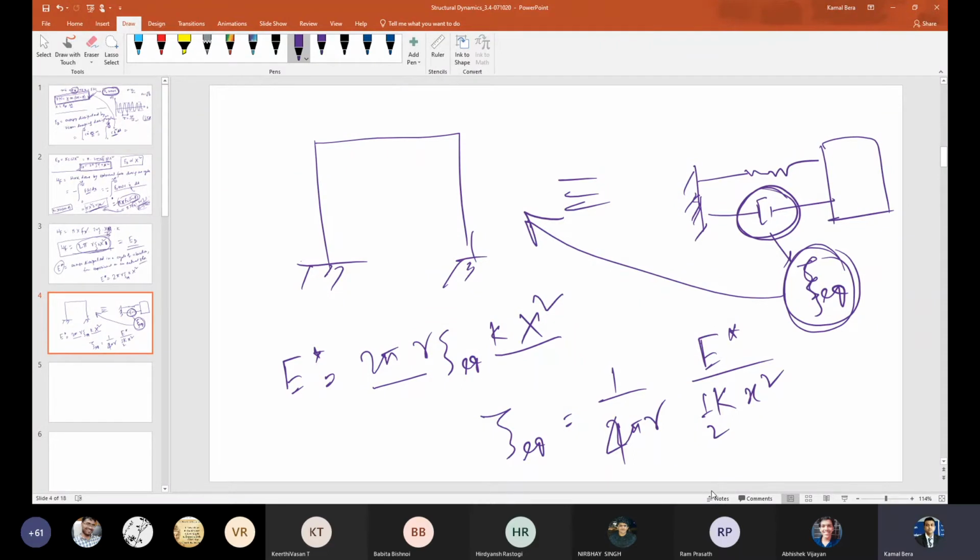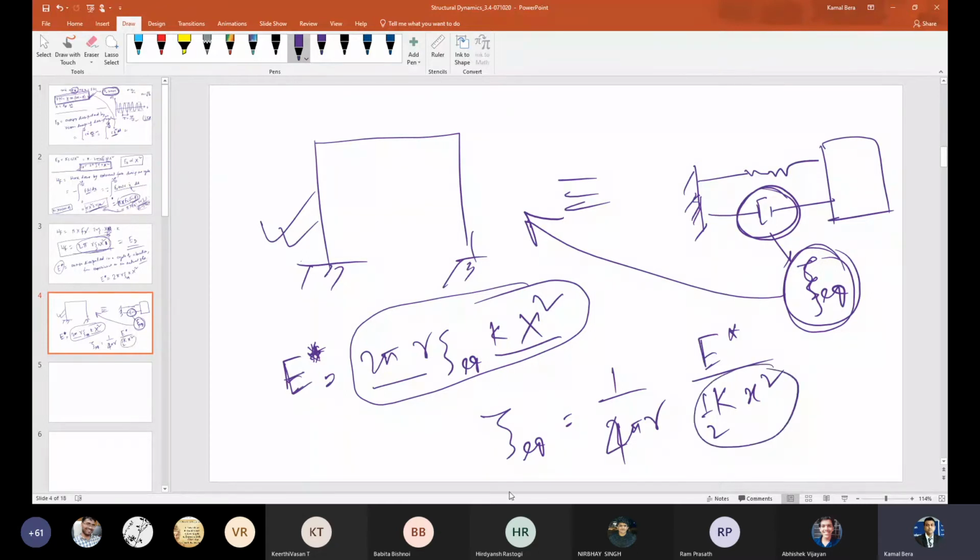This we have already obtained. We have seen this is the energy dissipated by the viscous damping in one cycle. Now from the experiment I am finding how much energy the actual structure is dissipating. That I obtain, and that is nothing but E star, let's say. So the expression is zeta equivalent equals 1 by 4 pi r E star by half